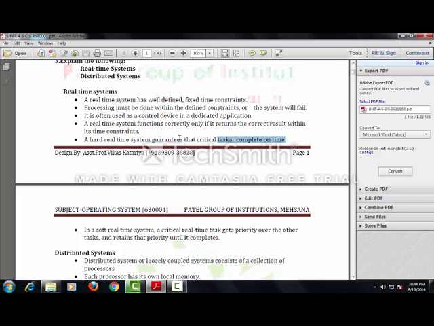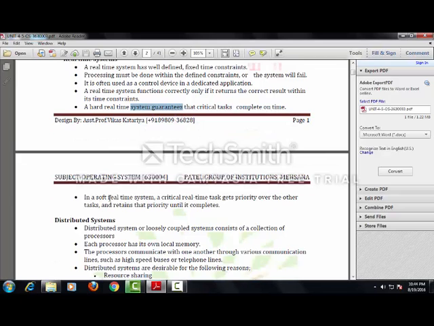It gives the guarantee that yes, we will do this task within the time. On the other hand, the soft real-time system does not give the guarantee that it will do the task in a timely manner. So in a soft real-time system, a critical task gets priority over other tasks and retains that priority until it completes,